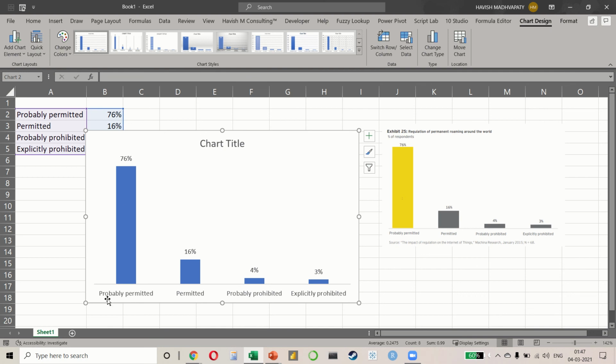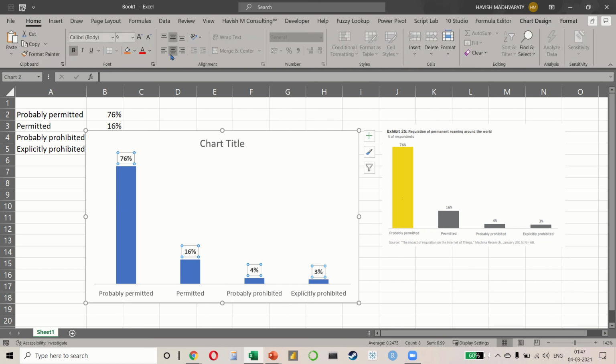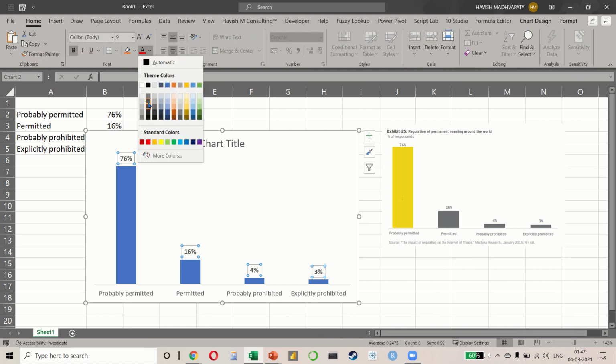I would always suggest never to use blacks. Always use dark grays, for example. The data labels should not be black, but change the font color to a dark gray. That will make it look much, much nicer.